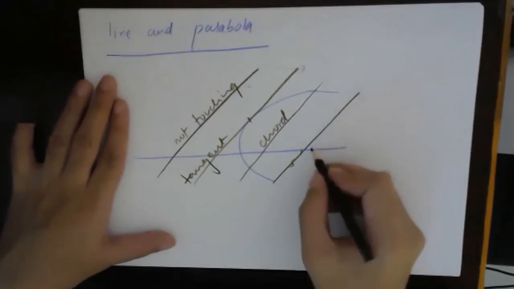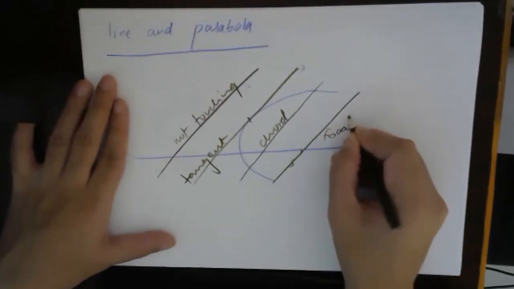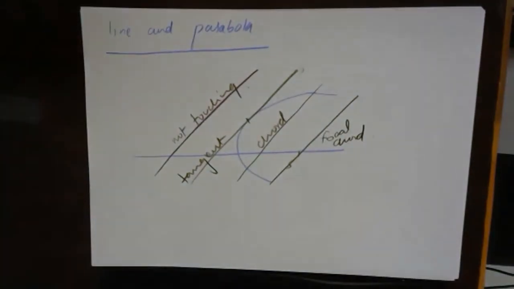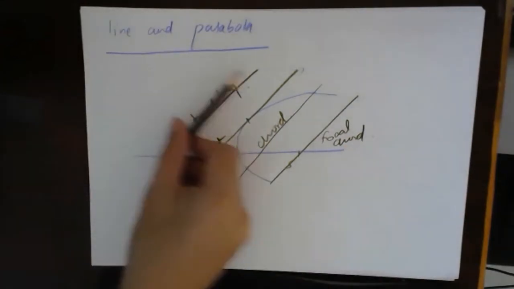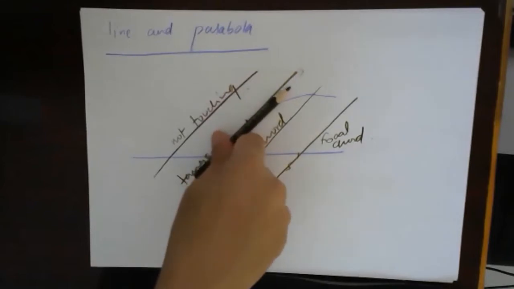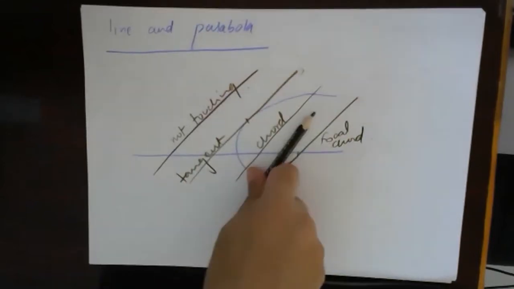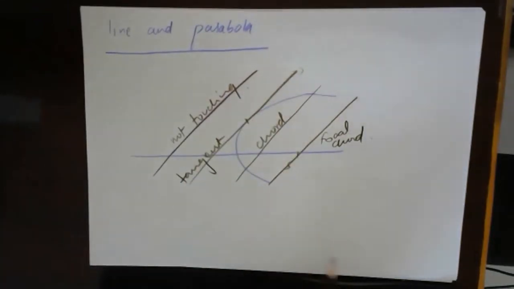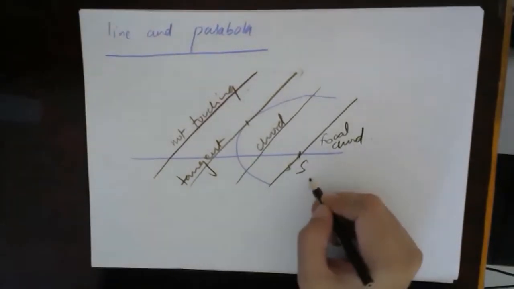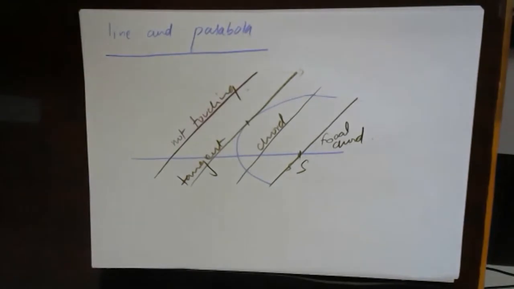So we call this chord as focal chord. Okay, everybody understood? So basically, starting from minus infinity to plus infinity, the line becomes first tangent, and then the line becomes the chord. At a certain point, the chord will become focal chord if this chord is passing through the focus. This is very trivial. Everybody must have understood, right?